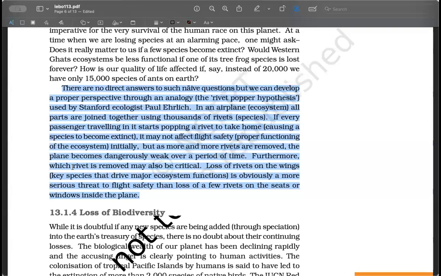These species are taken out through natural selection, right? Species are formed through natural selection. But when we are talking about extinction, that extinction is happening because of change in climate and loss of biodiversity. If we are cutting forest and making it agricultural fields, we always start with the edge of the forest, right? Mostly when we cut down forest, you will not see that someone went to the Amazon and right in the center made an agricultural field. We start shortening the forest from the edges, correct?